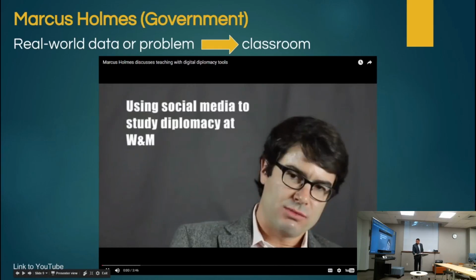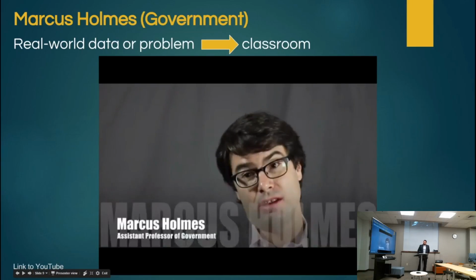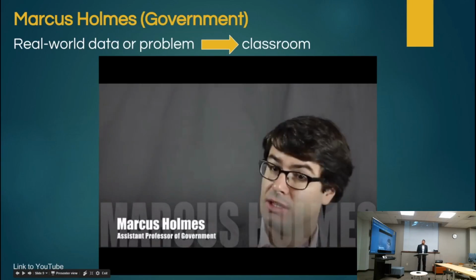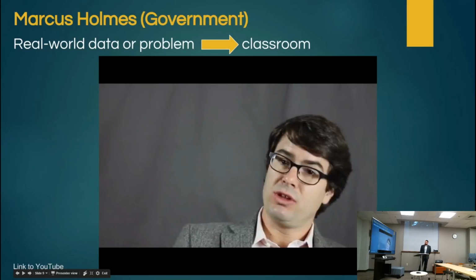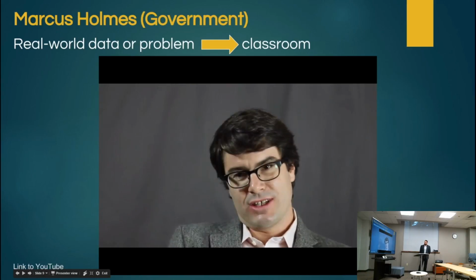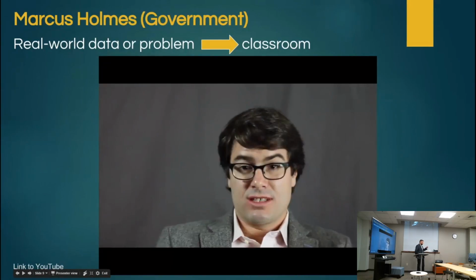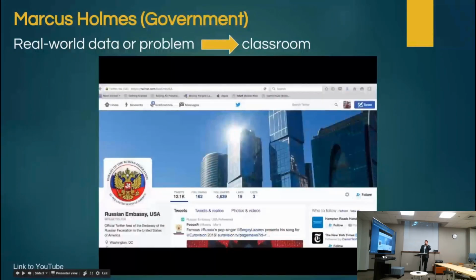One of the interesting things about digital diplomacy is that it takes place in a space that's largely available to us here in Williamsburg, Virginia. So traditionally, if you want to study diplomacy, you either had to be in the meeting itself, you had to look at a declassified transcript, you had to talk to somebody who was there. One of the neat things about digital diplomacy is because it's taking place on Twitter, my students can go on Twitter and look at what diplomats are tweeting,